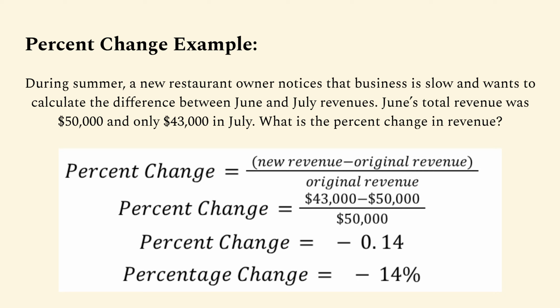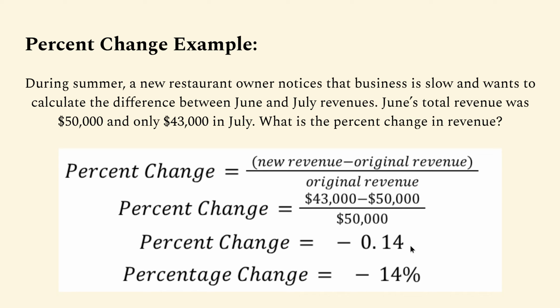So again, our formula here is percent change is equal to the new revenue minus the original. So the new month minus the previous month divided by that previous month's revenue. Percent change here, we made less in July, so it will produce a negative number. 43,000 minus 50,000 and then divided by 50,000 brought us to negative